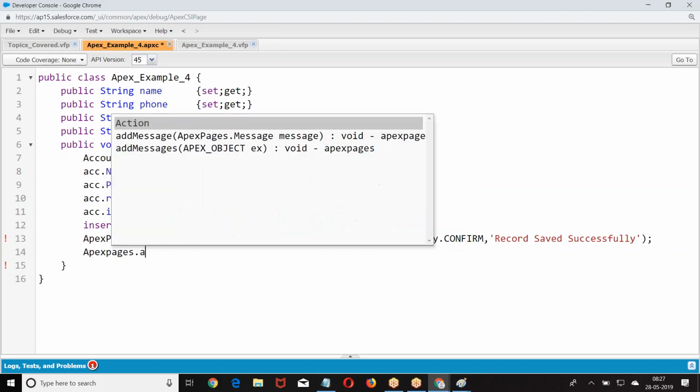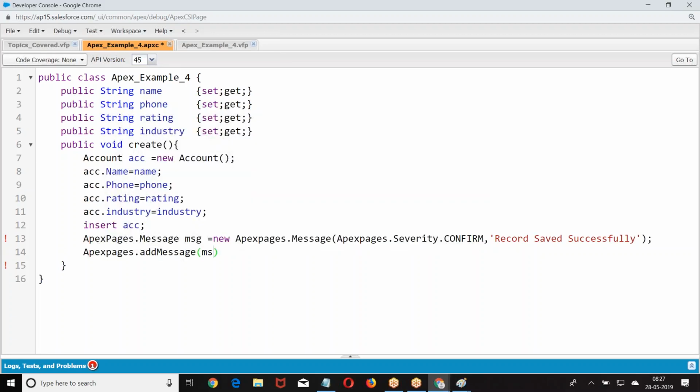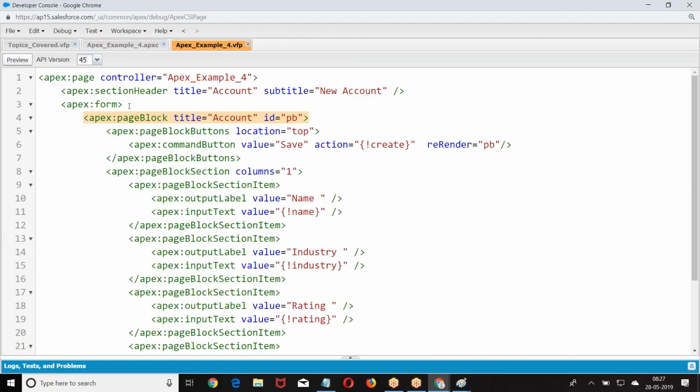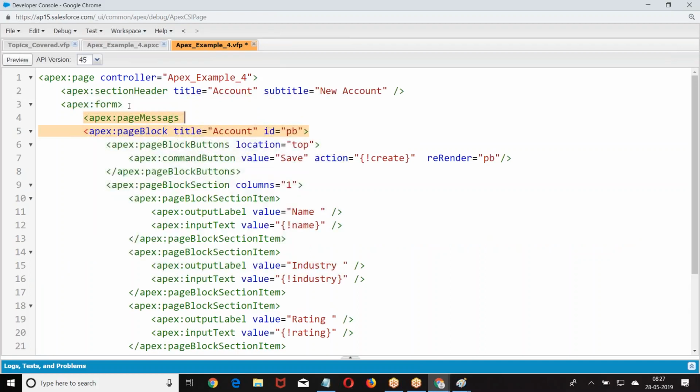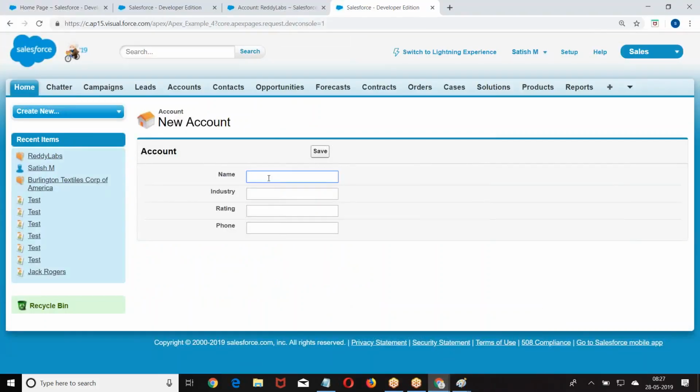This topic is not yet covered. First, look at the UI. I'll show it. Here I was giving one message called Apex page messages.